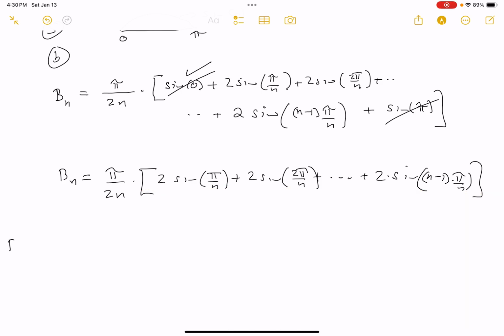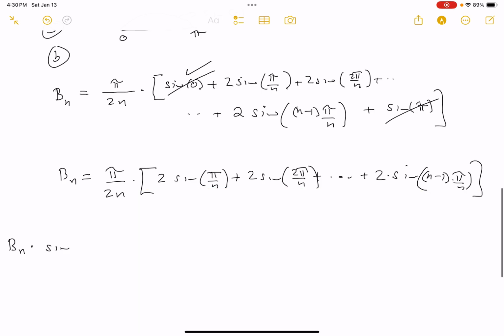Let me do that now. So Bn times sine. Now you may wonder why I'm doing this, because I see this in what they want me to show, but I don't see how this works out. But I do know they want me to do this. So I'll put this pi over 2n